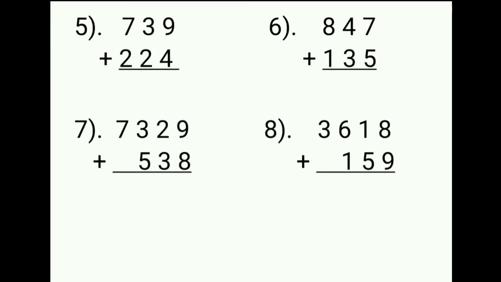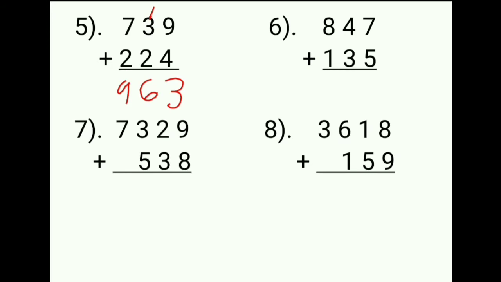9 plus 4. Now 9 plus 4 is 10, 11, 12 and 13. Right. So we will put 1 carry and 3 down. Now 3 plus 1 is 4 and 4 plus 2 is 6. Right, and then we will shift to the hundreds. 7 plus 2 is equal to 9.